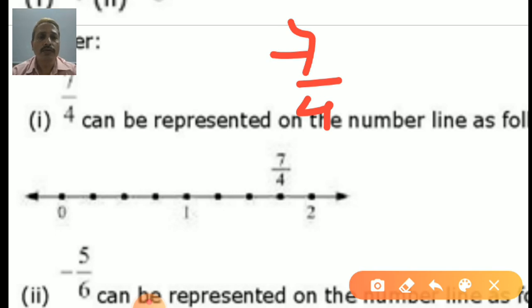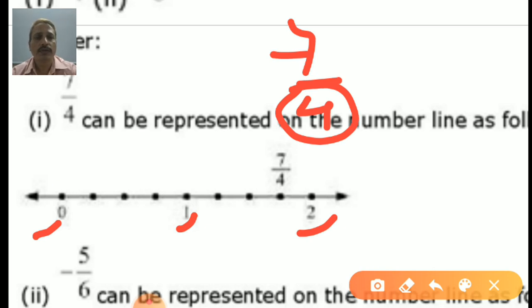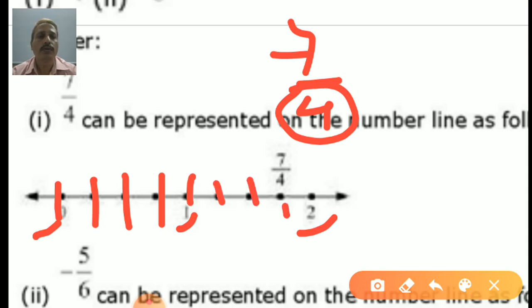First of all, you see the denominator, that's 4. So between any two numbers there should be 4 cuts. First I wrote here 0, 1, 2 and then arrows on both sides or one side. Now between each and every number I want to put 4 cuts. So starting from here, 1, 2, 3, 4. Is it, students? Yes. 1, 2, 3, 4 and then after 2.